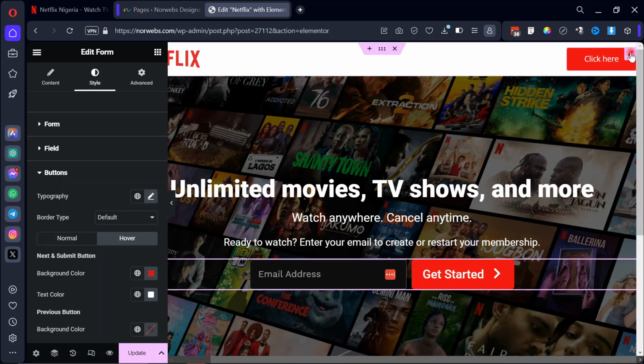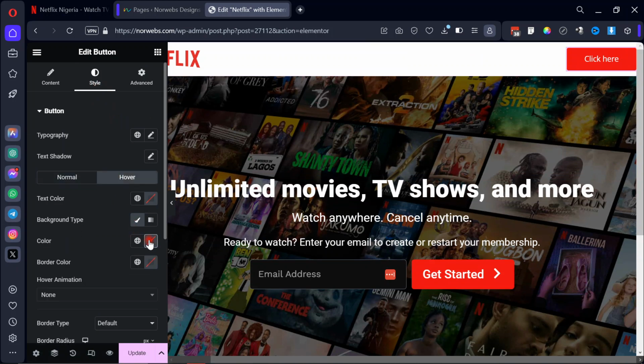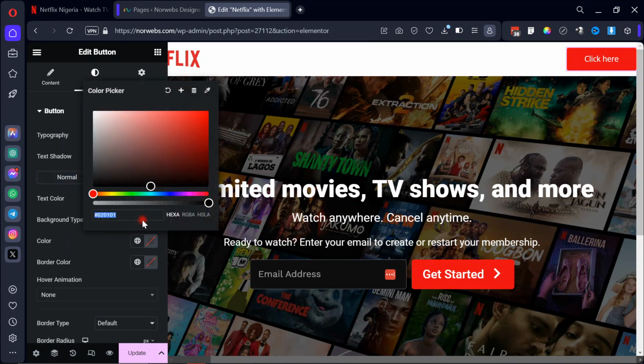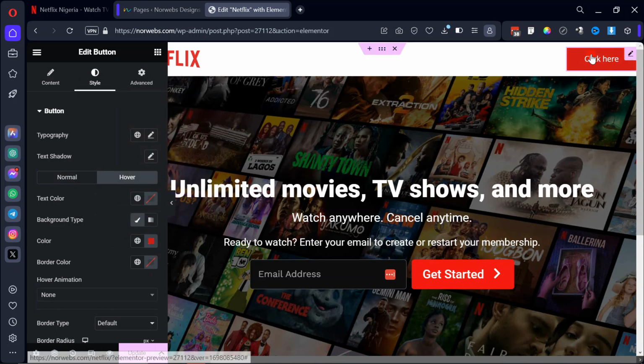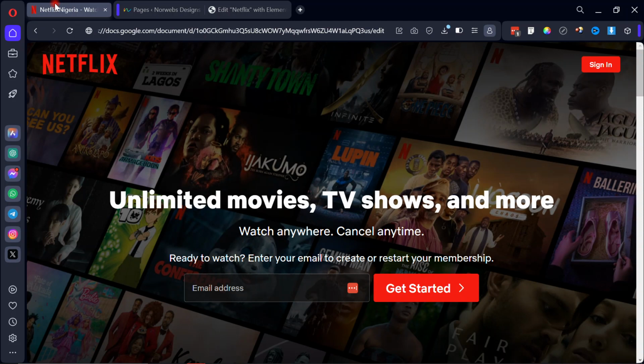Okay, click on this button here, go to the hover, button color on hover. Alright, paste it. Okay, so now we're going to change the text. The text says sign in. Alright, then the next thing we're going to look at